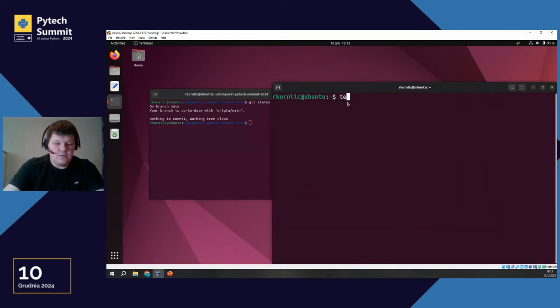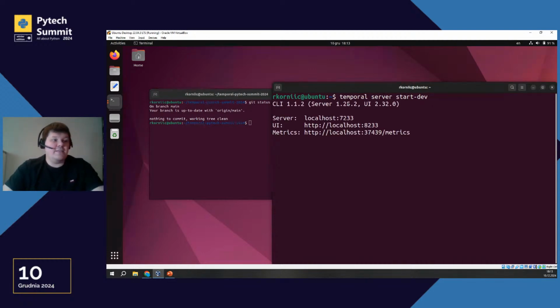So it should be temporal server start-dev, I believe. Yep, and now we have our Temporal server, port 7233 for the server, and for the UI web interface we have 8233.